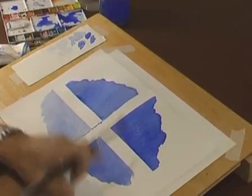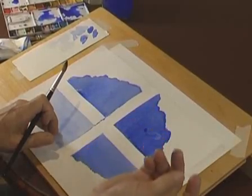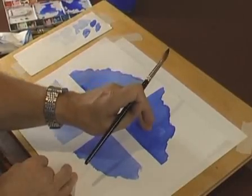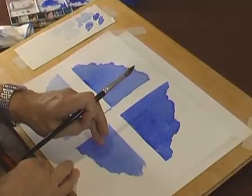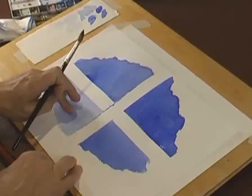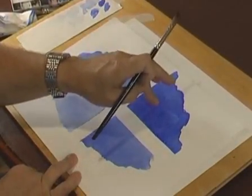To achieve this dry colour here, I've used this strength of paint, and you can see how much stronger that is than that. That looks about the same strength as that when it goes on wet, but you can see how much lighter it's gone. So if you want to achieve this colour, you've got to quickly realise that your watercolours have got